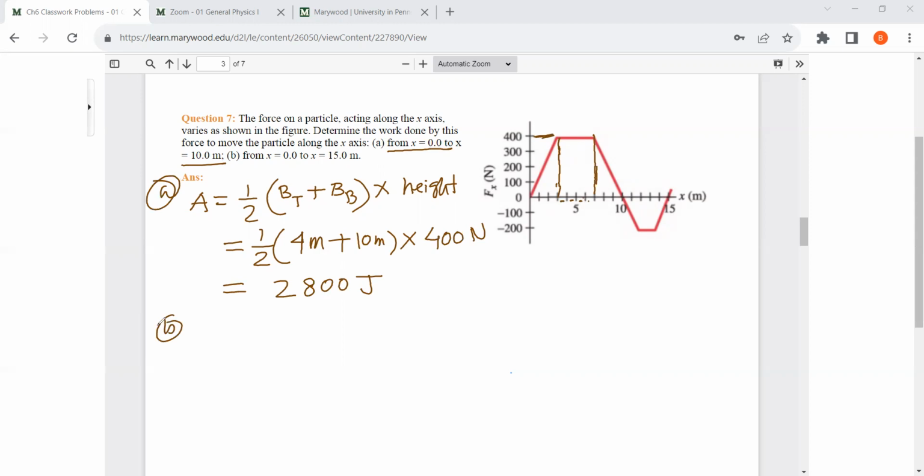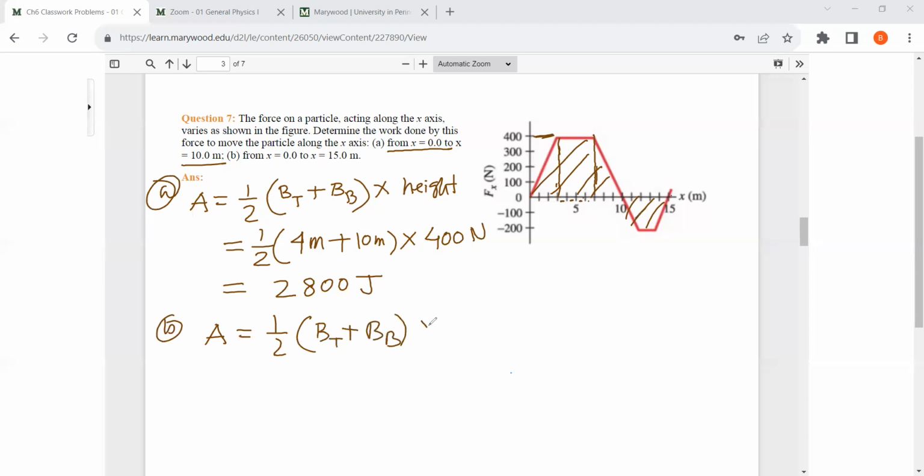Number B says, what is the work done when it goes from 0 to 15 meter. So for the second problem, we have to add this one with this one. Because we have already calculated this one, let's first calculate the small one and then add them together. Okay, so the small trapezoid would be half, again,